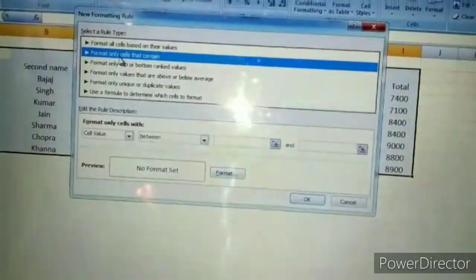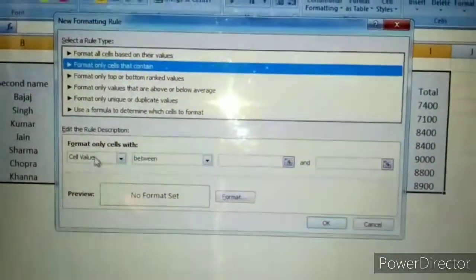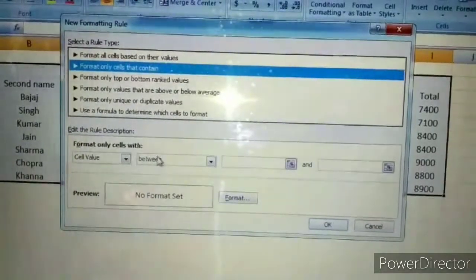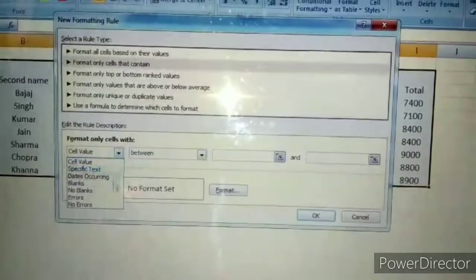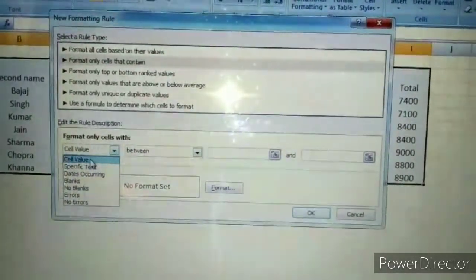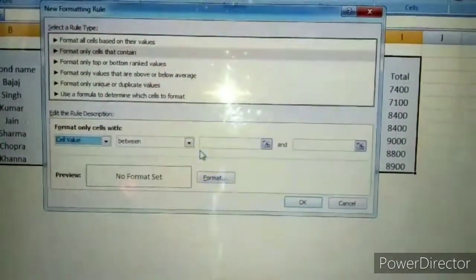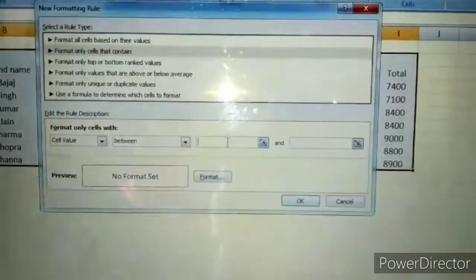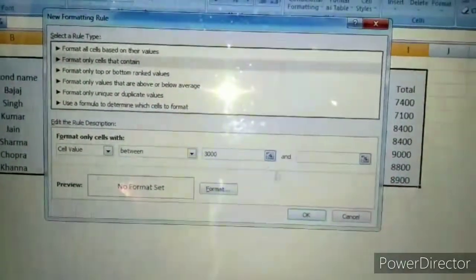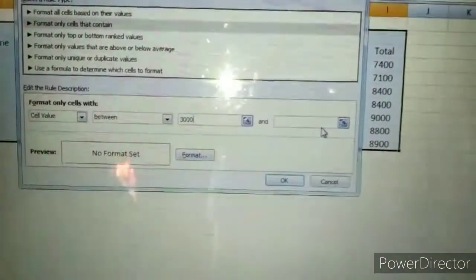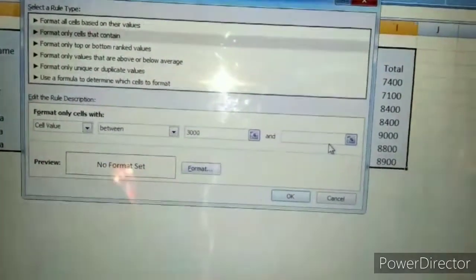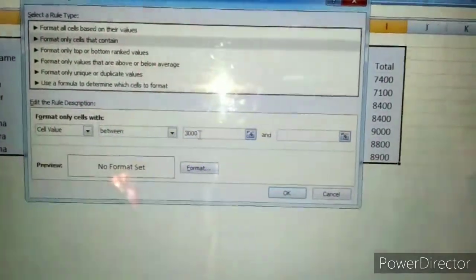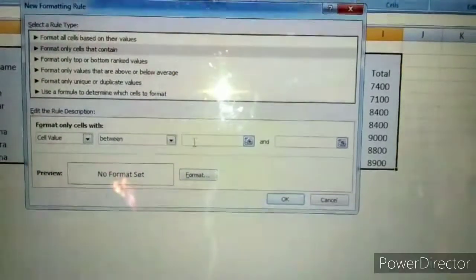Now you see, like your book, one dialog box came, and here format only cells with cell value, or whatever you want, you select here. First we select cell value between. In your book they choose less than value, so I select it here.